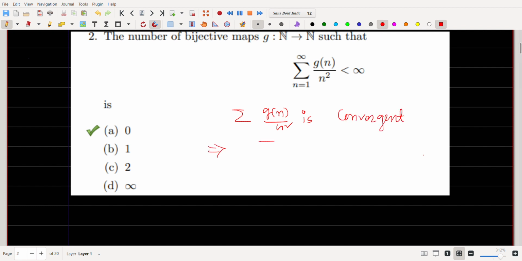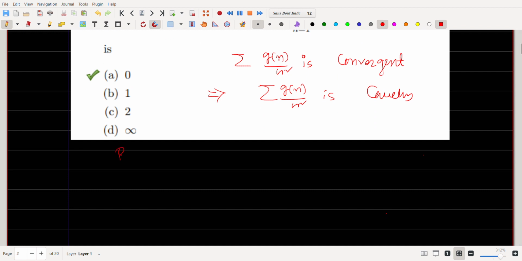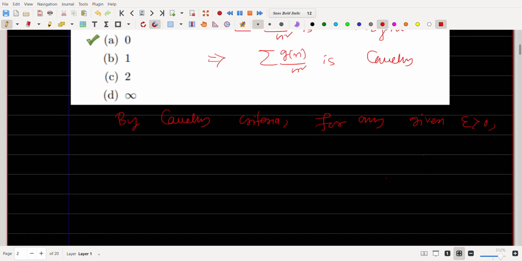That will imply the summation is Cauchy. So by Cauchy criteria, for any given epsilon greater than 0, there exists a natural number M such that